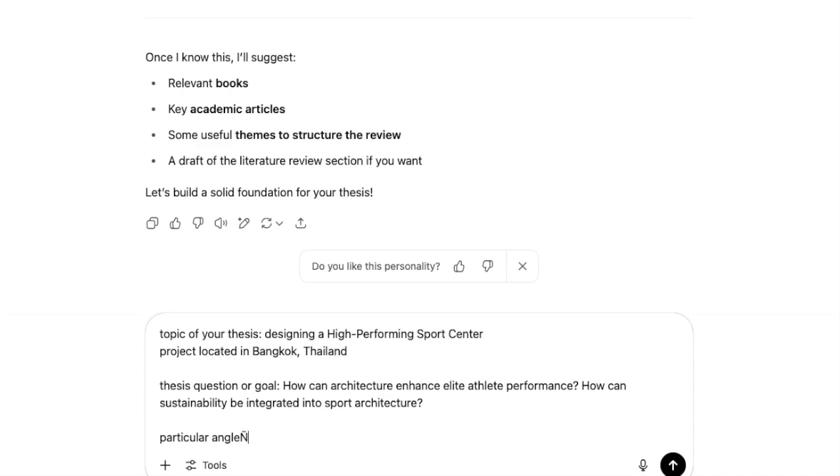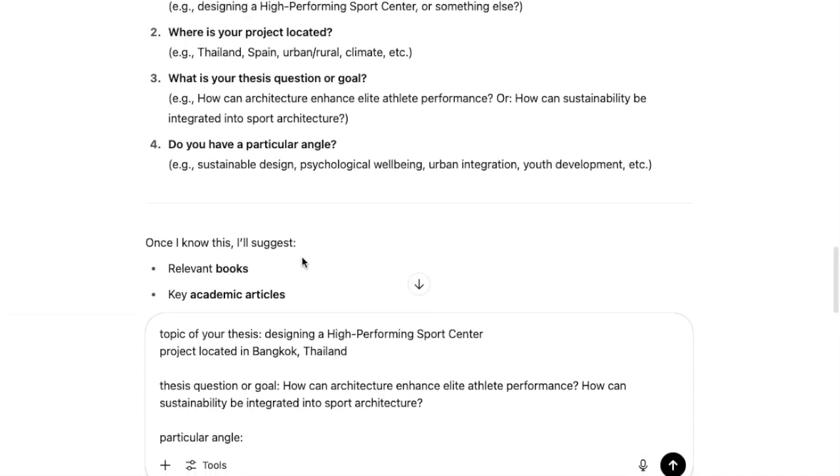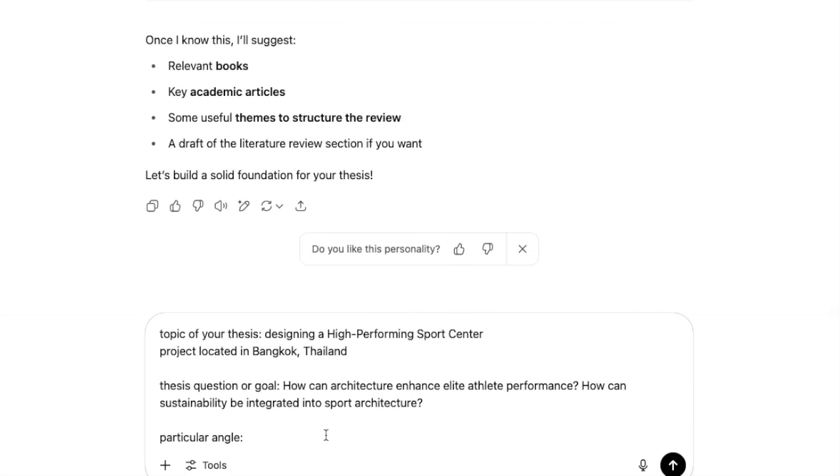Particular angle. Yes, for me, all these particular angles are perfect. The reason why I say this is perfect is because today sustainability in the design, today and always, because when I was studying 30 years ago, it was already talking about green buildings, no? Nowadays it's sustainable design, no? But for example, all these typical things that happen for this building: sustainable design, psychological well-being, urban integration, urban development, and I would like something that is urban development. I don't want to use the word landmark, no, but